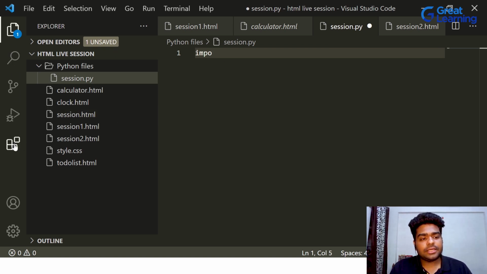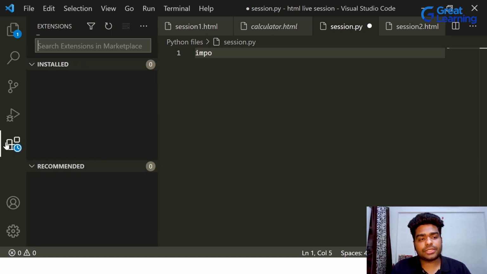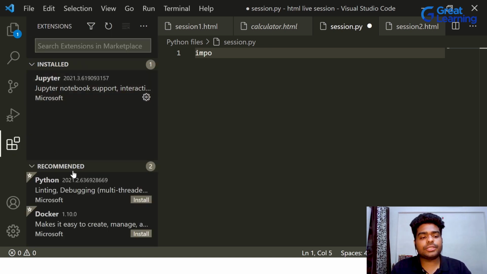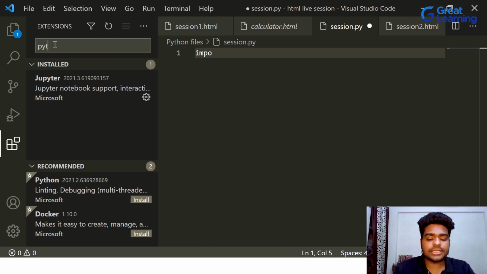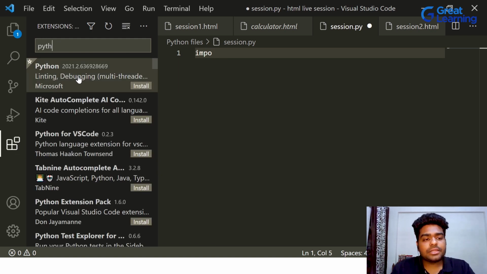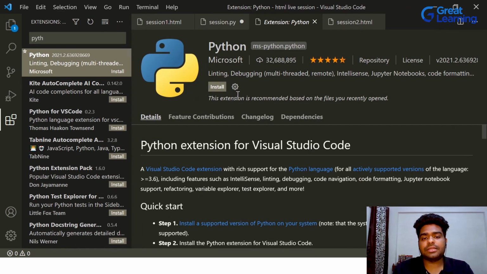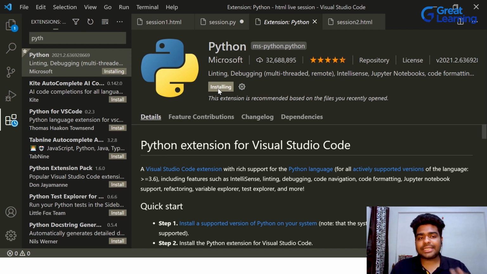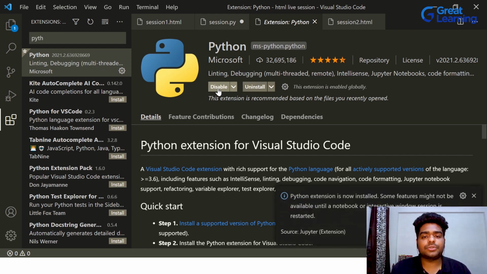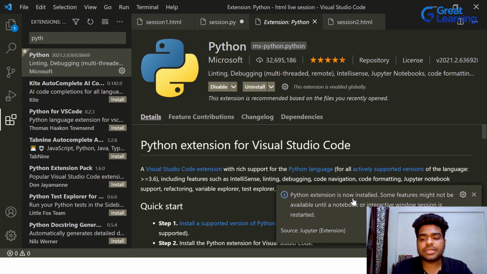As you can see, we have the last portion here, which is called extensions. Now, if you go there, you can just search for the extensions you want to work with. So if you click on Python, you can see here, this is the Python extension. Let me minimize this a little bit. And you can see here, this install button is there. Once you install it, that means you are installing your Python extension because you want to write a Python program in Visual Studio Code. It will take a little bit of time, but once it is installed and then you